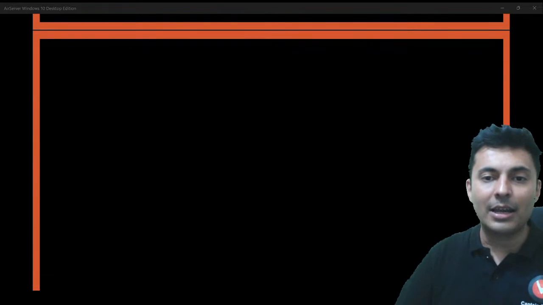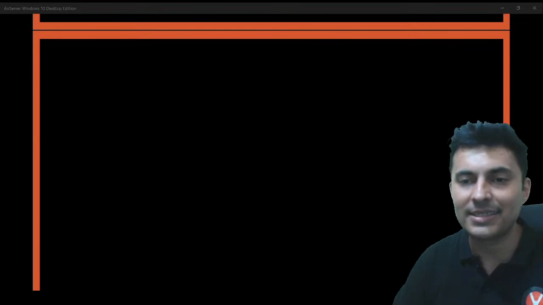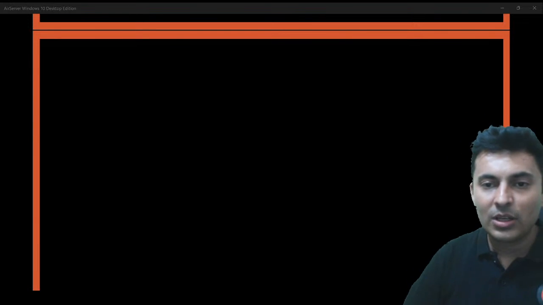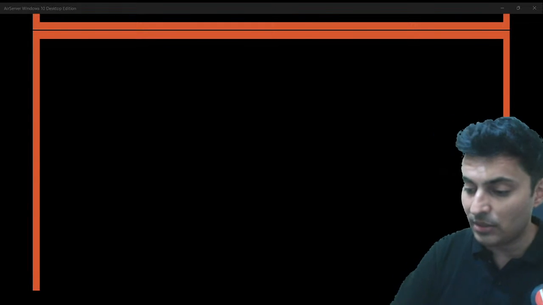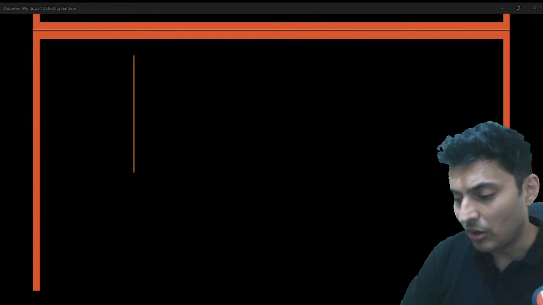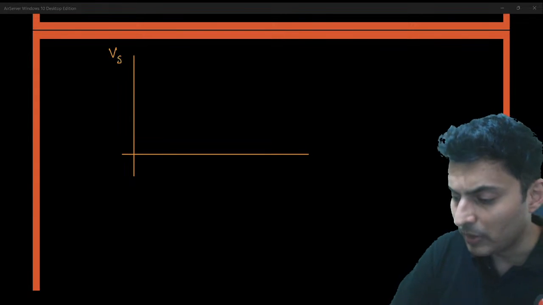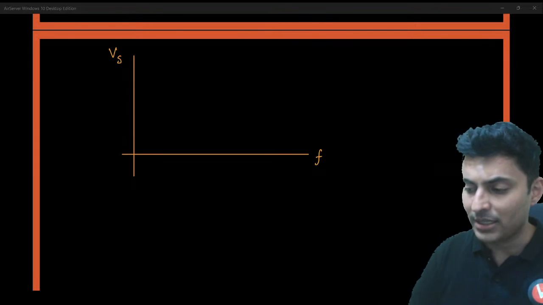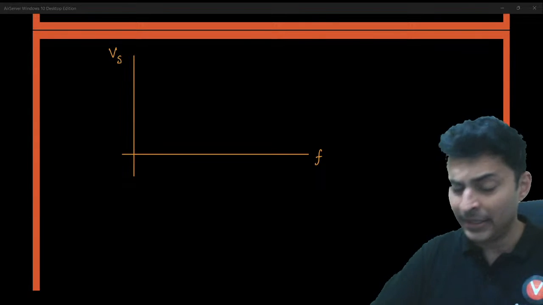Okay. Another graph which is there in NCERT, which you must know. What is it? It is the graph of stopping potential versus frequency, not current. So all these graphs of the photoelectric effect are majorly asked many times. Now, how does this graph come out? What is the derivation for that?